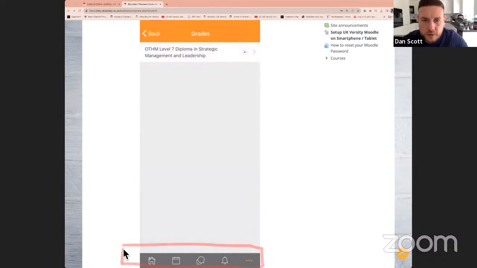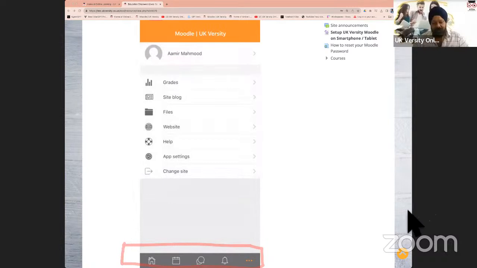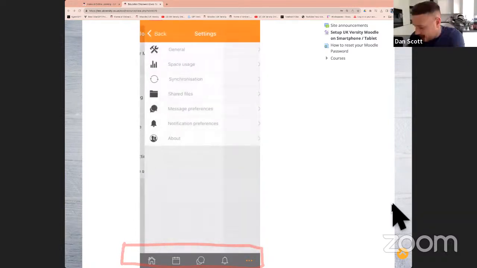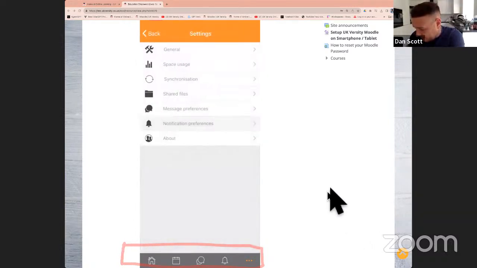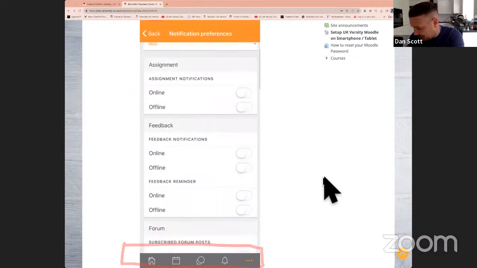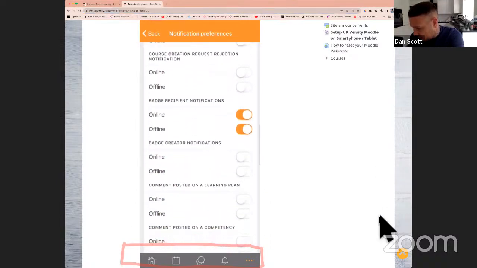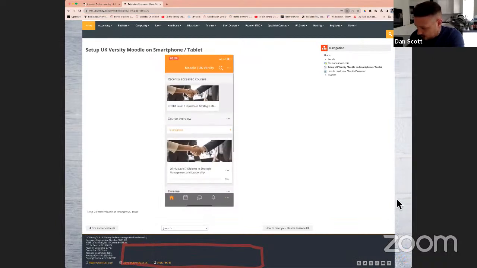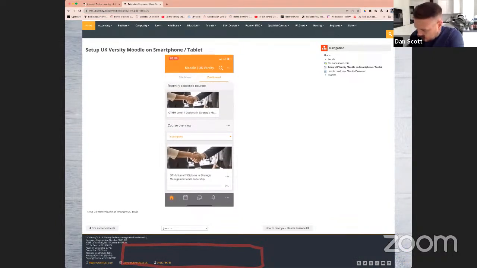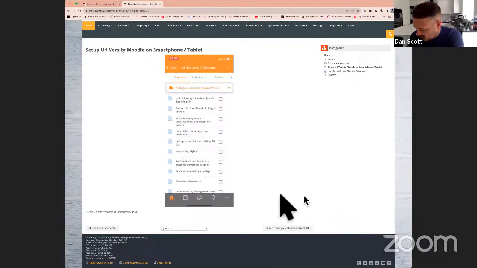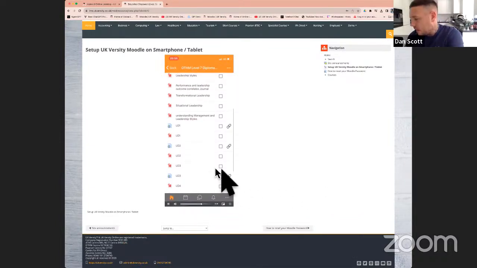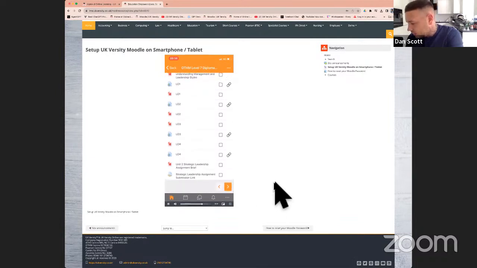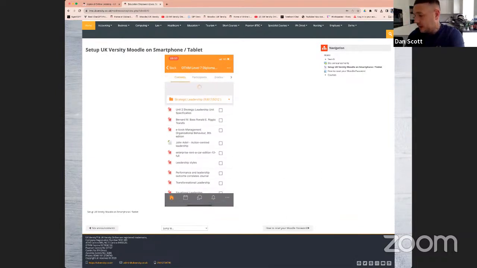Is this on the Moodle app? Sorry, this is on the Moodle app, yeah. Sorry, give me 1 second. Let me just sign into it. Yeah, 1 second, sorry. Right, hang on. Explore your personal area. So I'm getting loads of emails. Yeah, right. I'm on the